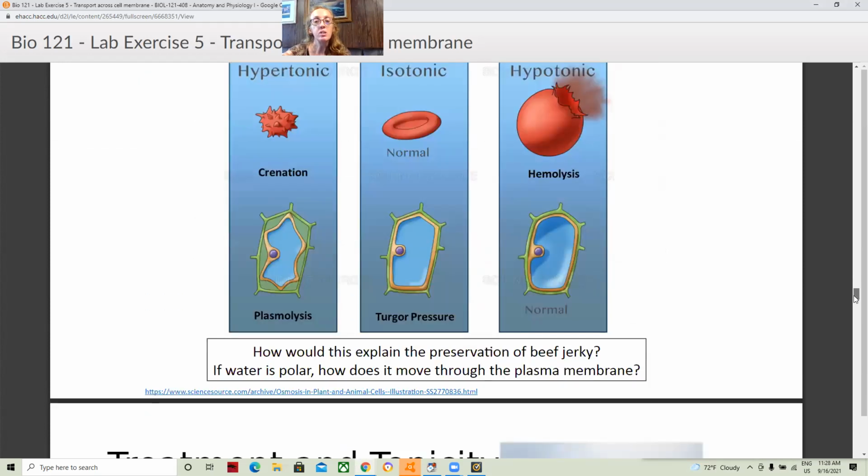Now, my question for you is, how does this explain preservation of beef jerky? Have any hunters in this group? Have you ever tried to make your own beef jerky? You just use a lot of salt. Why do you use salt? Salt will suck the moisture out of it and keep it preserved so that you could basically store it